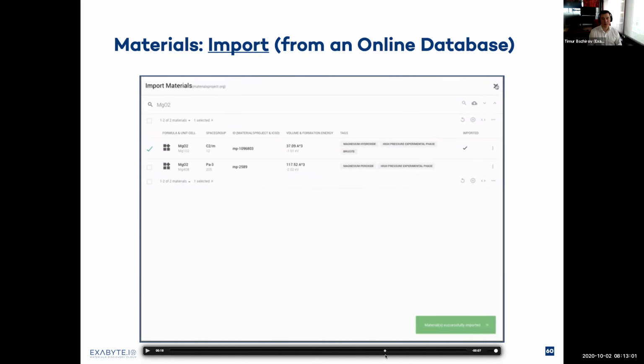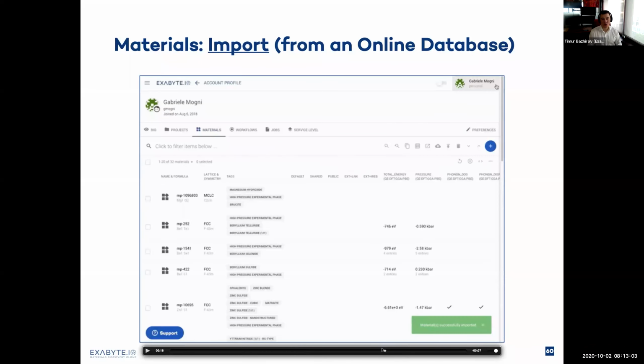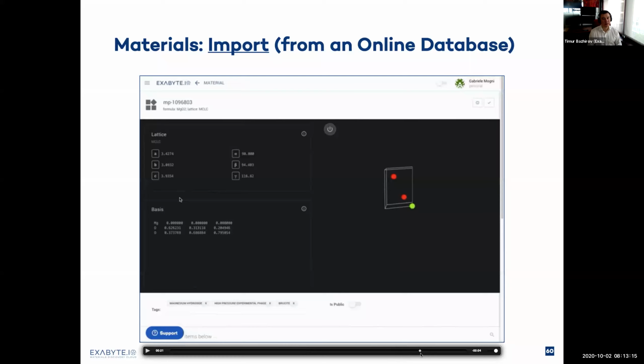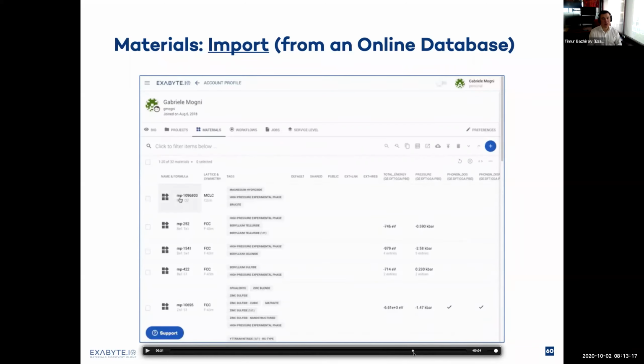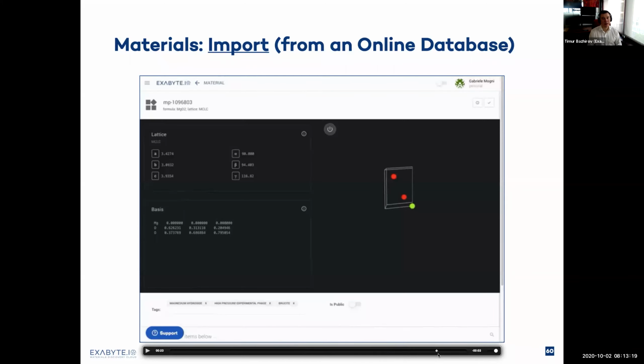So you can see when this acknowledgement is shown, the material becomes available as part of our account collection, and we retain the metadata for it, we retain the original data that Materials Project provides. If we click on this entry, we can assert that this material, in fact, looks like the one that we want to work